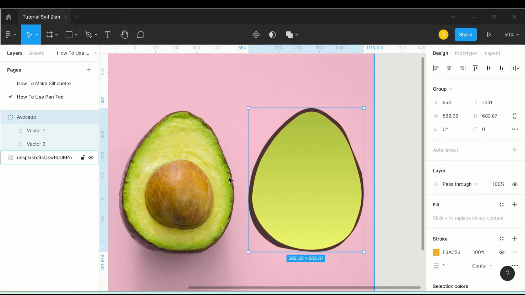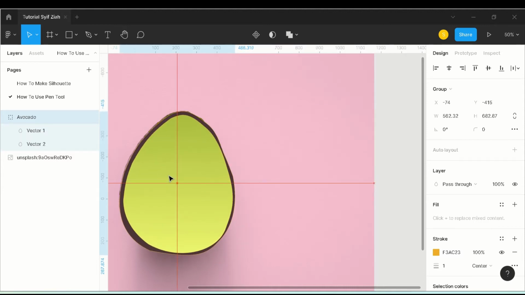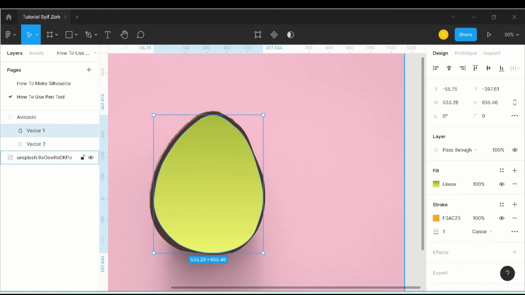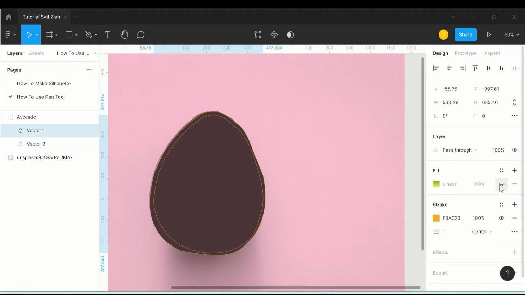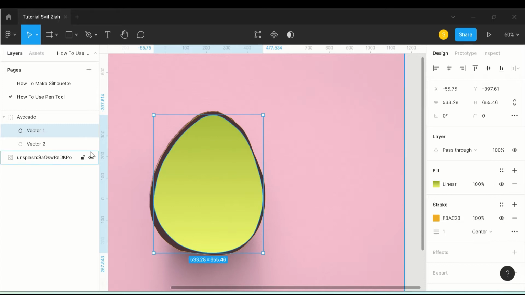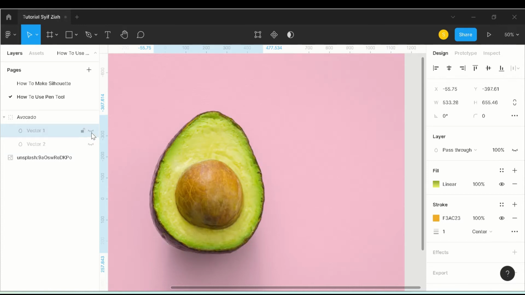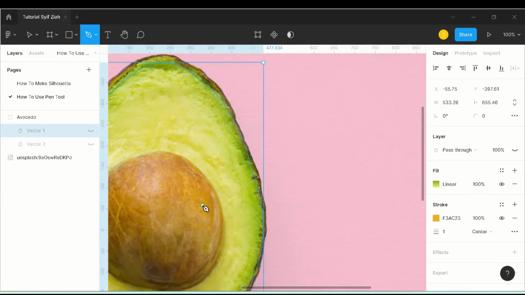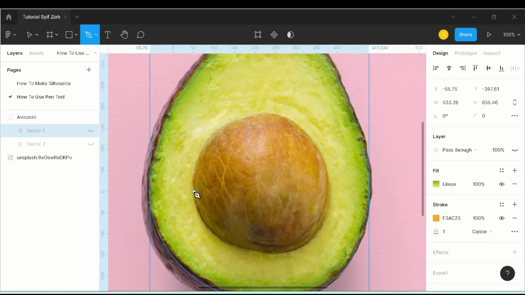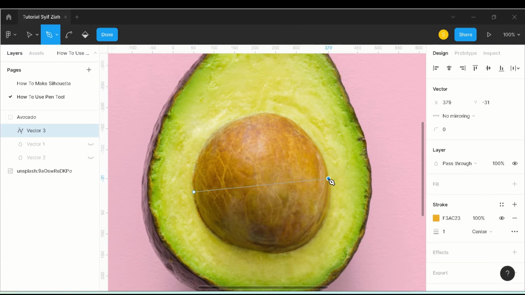Yeah, I wanna make it the center. Yeah, you can click this eye to hide it. So you can try to make a pattern again, like this. Okay.